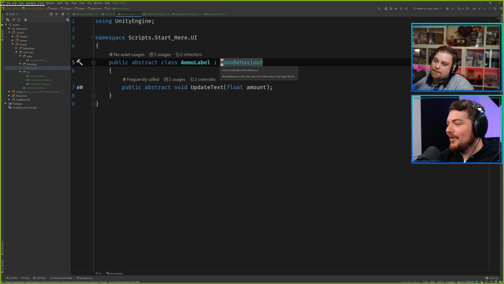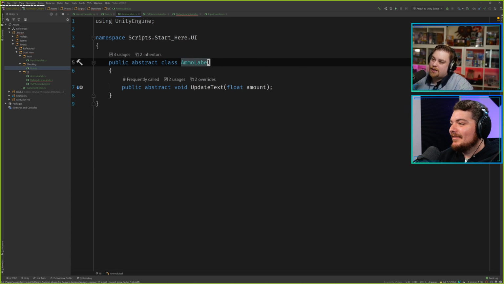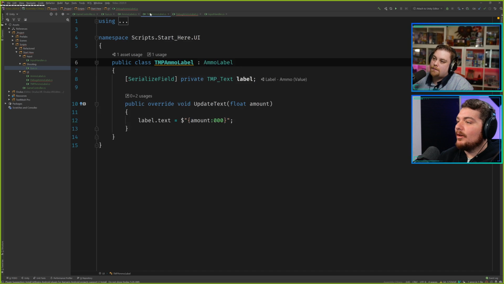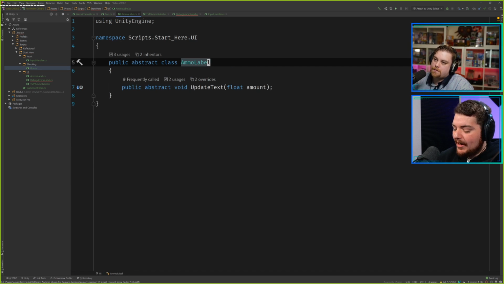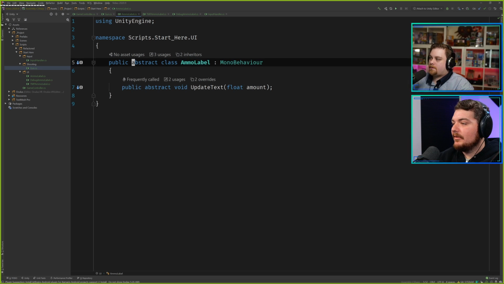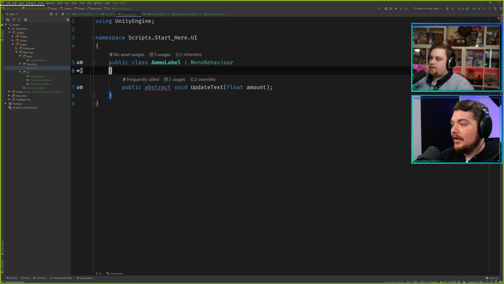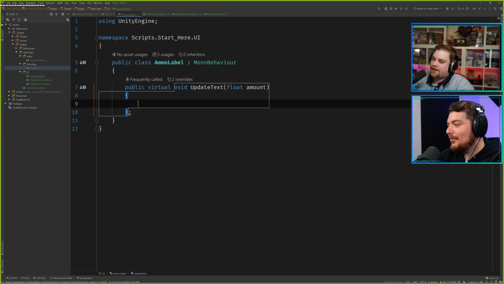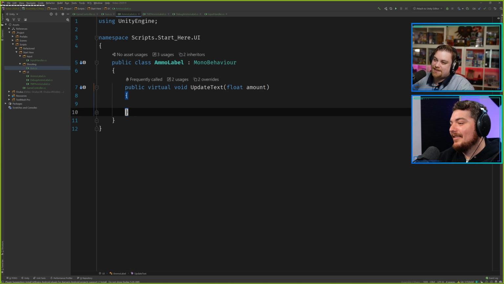We'll try something real quick here. Maybe if you don't make it abstract, I'm curious if it doesn't like that. No, it has to be a MonoBehaviour. You're right. I was wondering if having it at that level, but then I can't pull it up unless it's an interface. Let me get rid of the abstract, and we'll just make this virtual. I've done this a million times before too. I'm not sure what the quirk is. I don't know why.